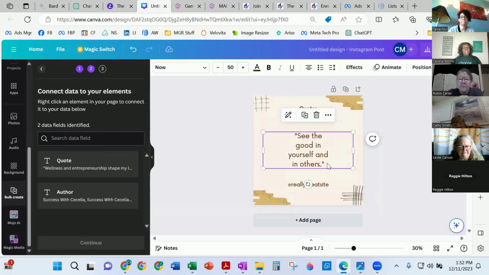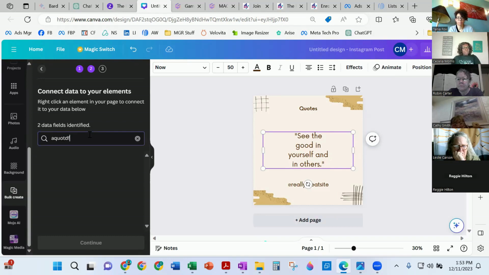So this one, let me make sure I do this right if I remember correctly. I don't want to link it. Let me remember how to do this, bear with me. The 2 data fields are quote and author. So let me search data field.